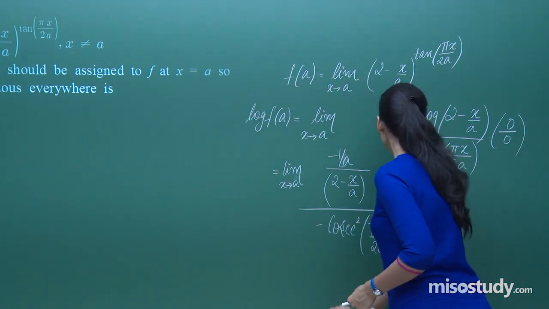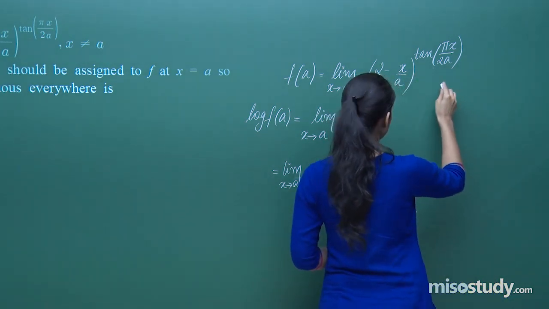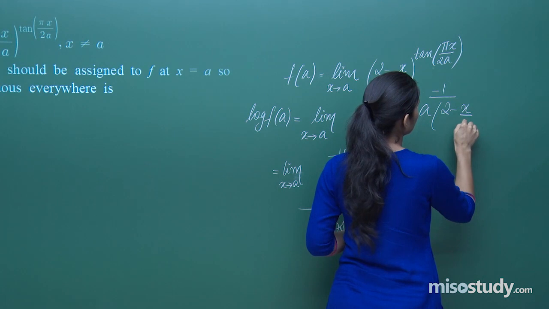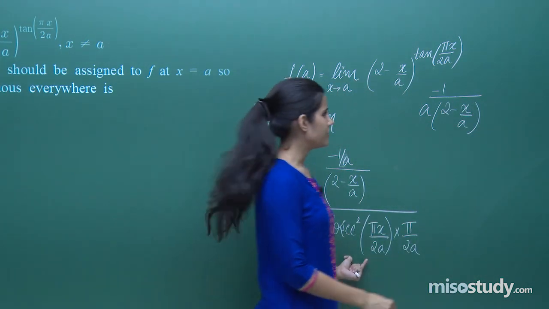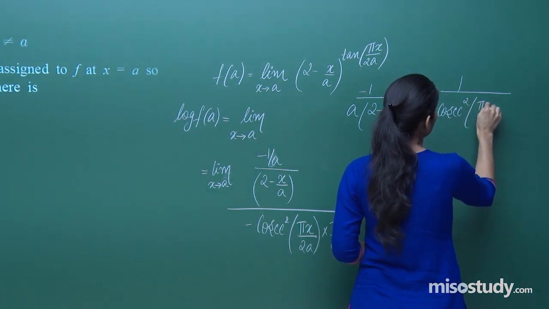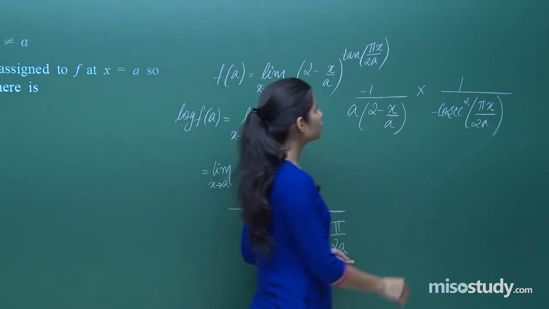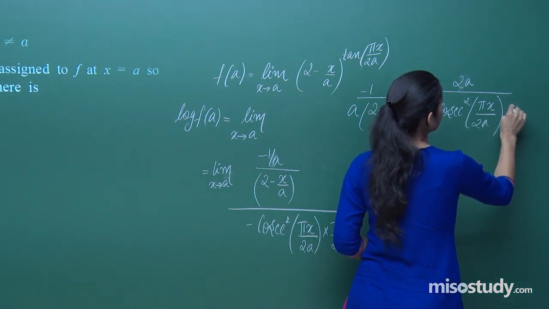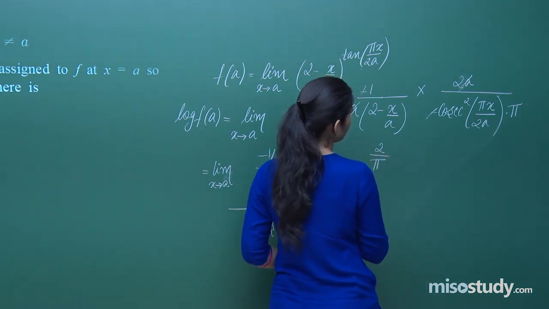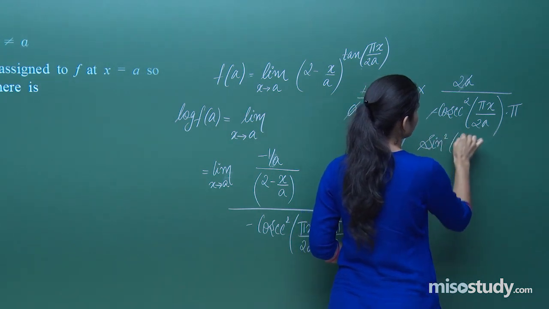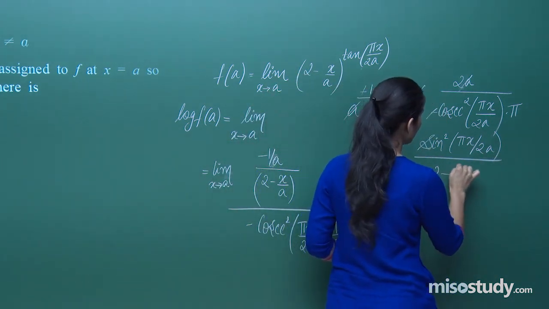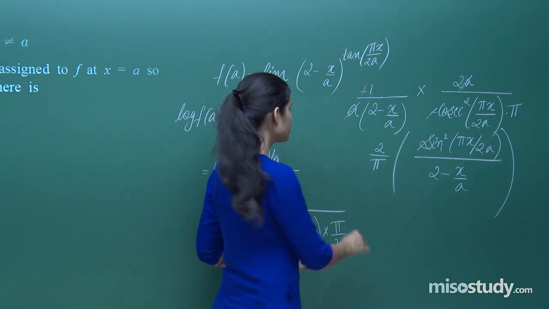Fine. Now if I move ahead, I can further write this as minus 1 upon a into 2 minus x upon a. This thing divided by this expression means multiplied by 1 upon cosec square pi x by 2a, and this is 2a by pi. So from here you can see a cancels out, minus minus cancels out, you're left with 2 by pi, and here you have sine square pi x by 2a whole upon 2 minus x by a. When you apply limit x tends to a in here,